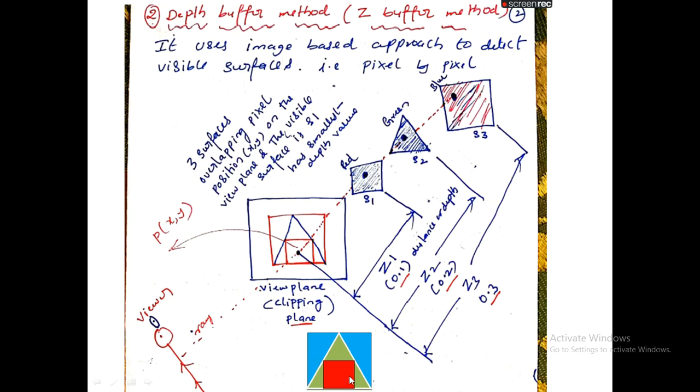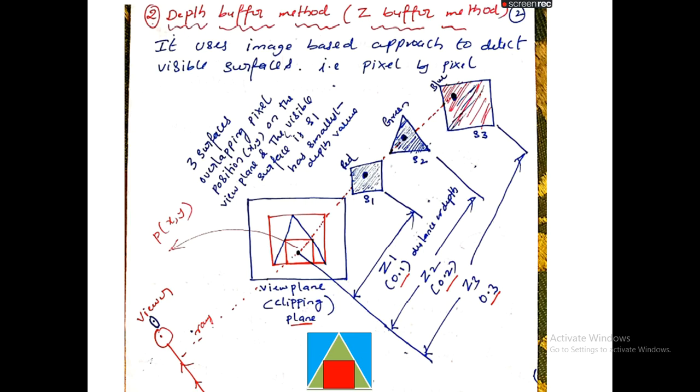Assume that I am a viewer. In front of me, assume that there are three surfaces, S1, S2, S3. I can view the three surfaces in such a way that part of the triangle is not visible and part of this big surface 3 is not visible to the observer.